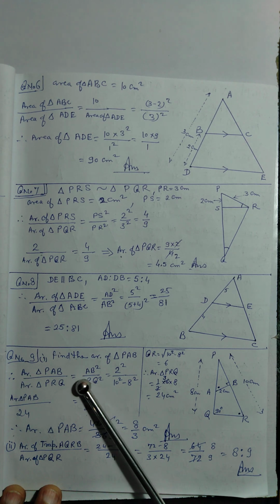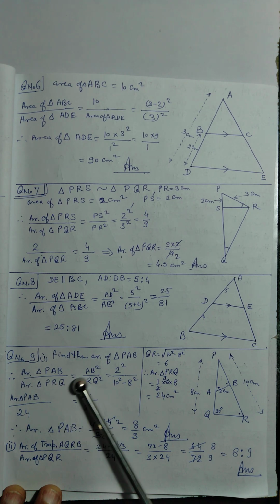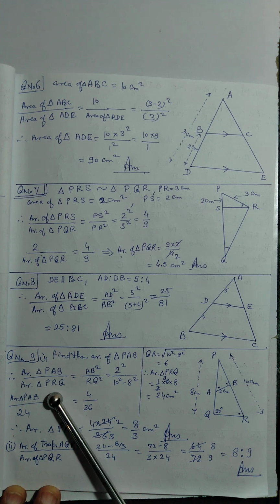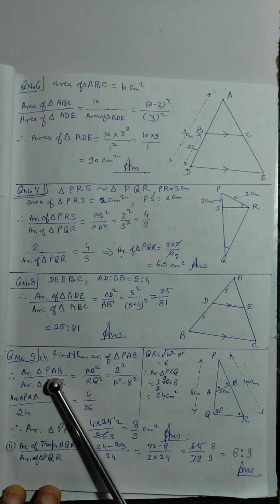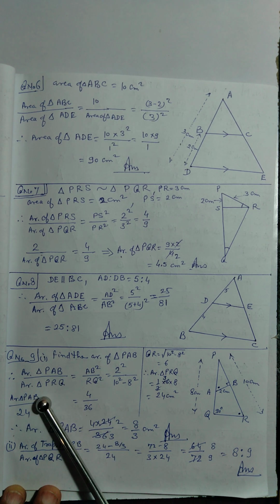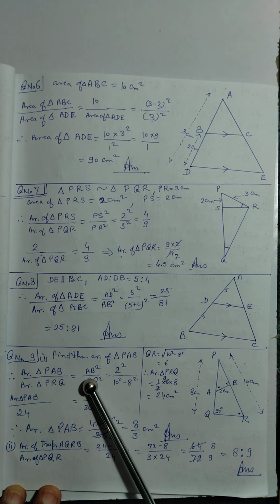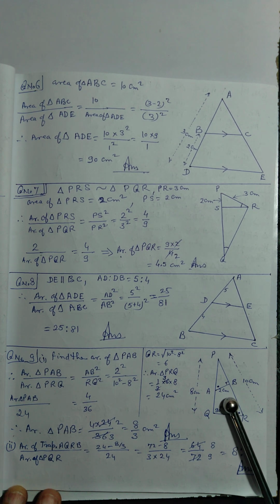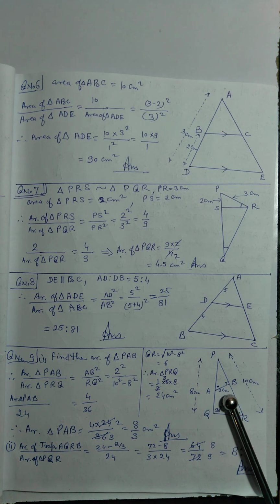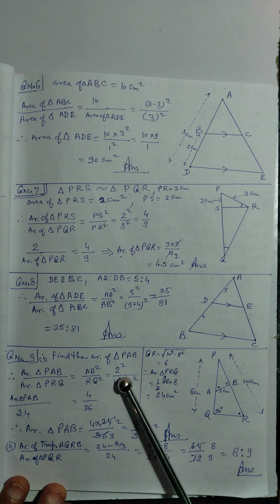So AB square, इसीलिए लास्ट के 2 लेटर्स देखिए, AB स्क्वायर, यहाँ पर भी लास्ट के 2 लेटर लेंगे. Similarity में corresponding side, in order to get the corresponding side, I am just telling you the method. If you have written it in a proper order, so the last 2 letters mean AB, the AB square, here the RQ square. In place of AB, I have written 2 square, because it is already given that AB is equal to 2 centimeter. So in place of AB, I have written 2 squares.